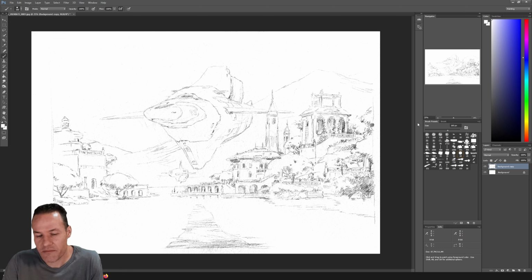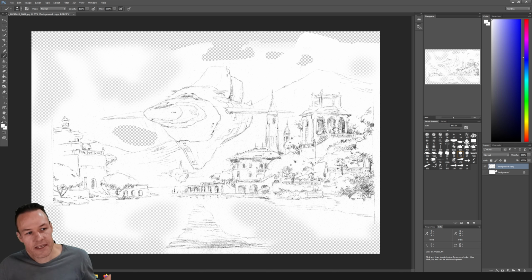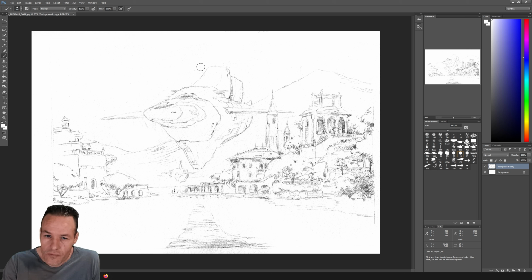That will visually have the same effect, but of course, in reality, if you paint white on this layer, it will add white to it. It will not create holes in your layer. But relax, because in a second I will show you why this is completely irrelevant. It's just whatever you prefer at this point. So now, if the thing is fairly clean, and I might change some stuff in terms of composition,